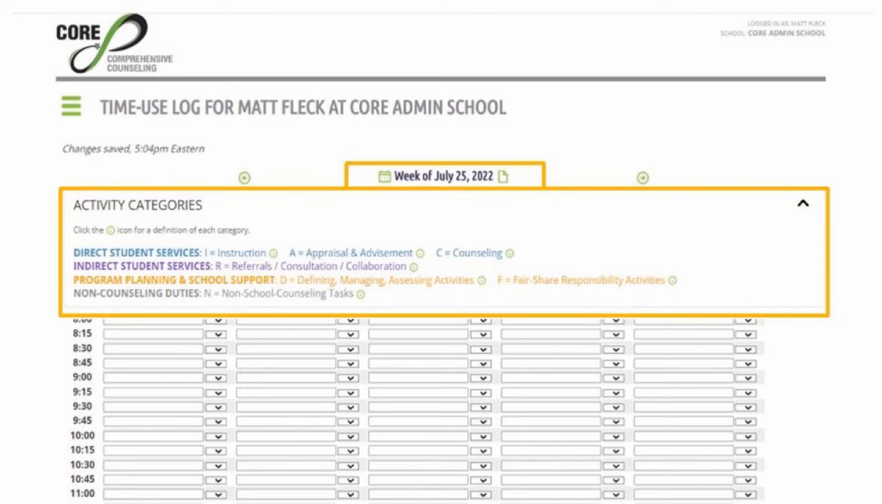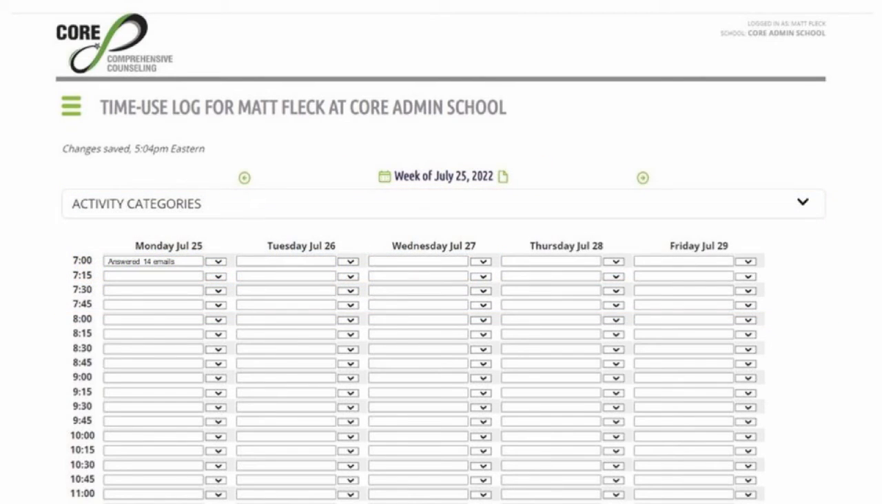Now, you may want to keep this list open as you begin to enter activities into your log. That's what I do, especially for the first day or first week. I find that keeping it open is very, very helpful. To use the log, simply enter a brief description of what you did at each designated time increment of your school day. For example, in the 7 a.m. time slot, you answered 14 emails. You then use the drop-down box to code the activity. In this case, I would probably define it as an R for indirect student services,